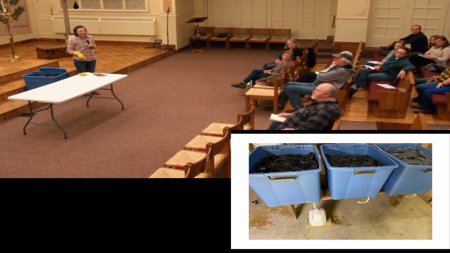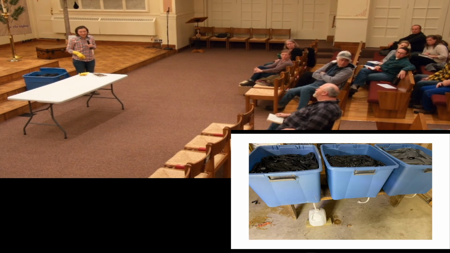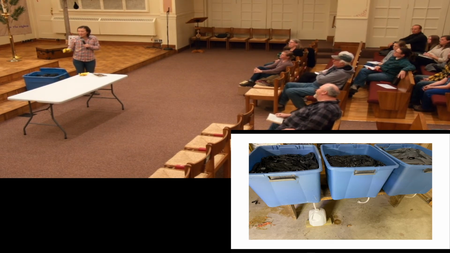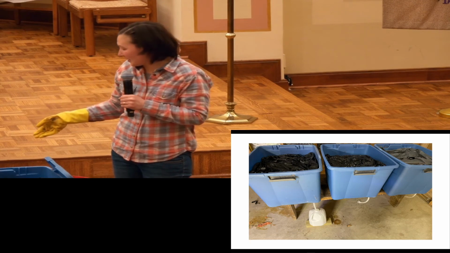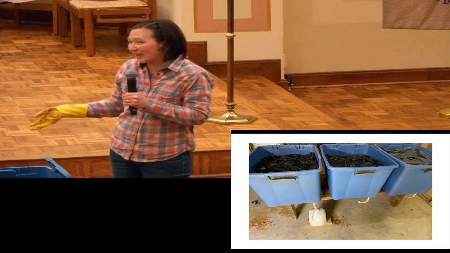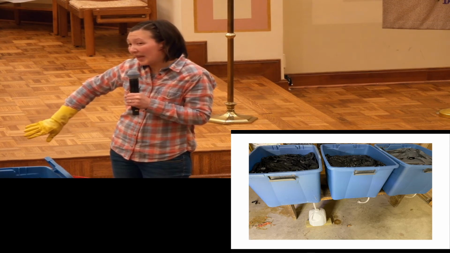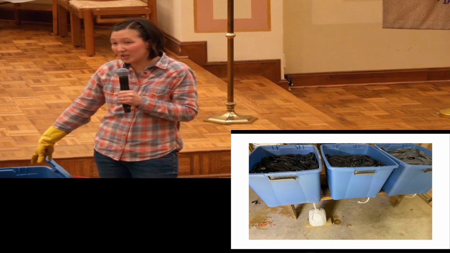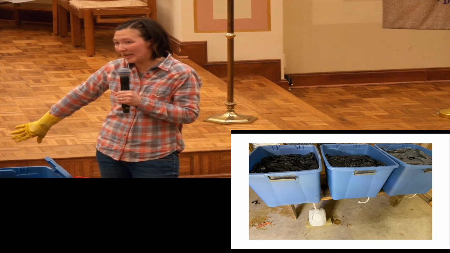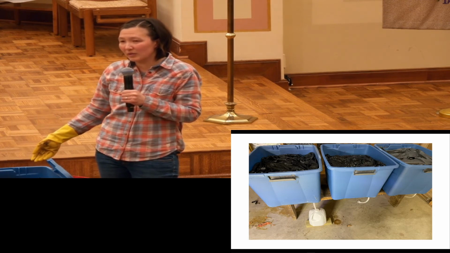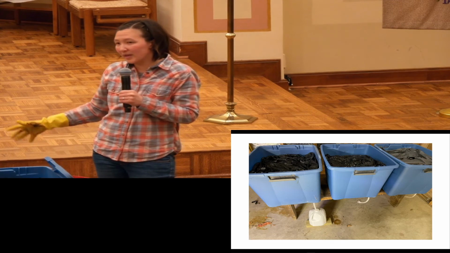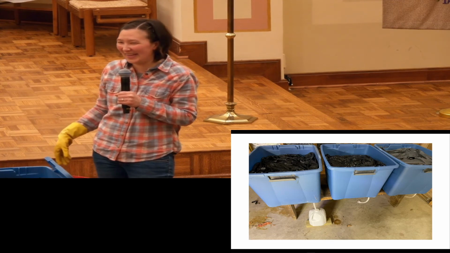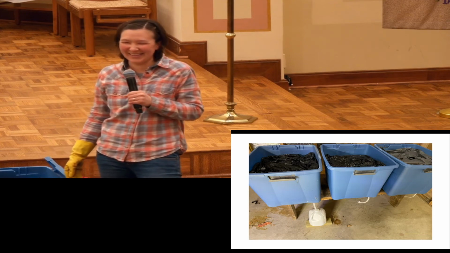When you're ready to use that soil, how do you get it out of there without any worms? Or do you get a new batch of worms every time? Yeah, that's a good question. You can just dig out what you have. Just dig out some, and there is a way that you can get them to move to one side. You can add the scraps to one side for a while and then leave the other side to finish, and then the worms will migrate to the other side. If you want to take a larger amount of compost out, you could do it that way. Otherwise you can just take a little bit out at a time and maybe shake it for worms, I guess.